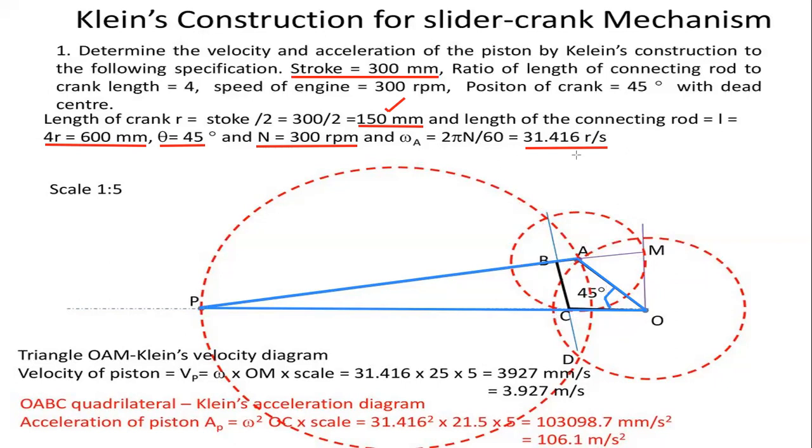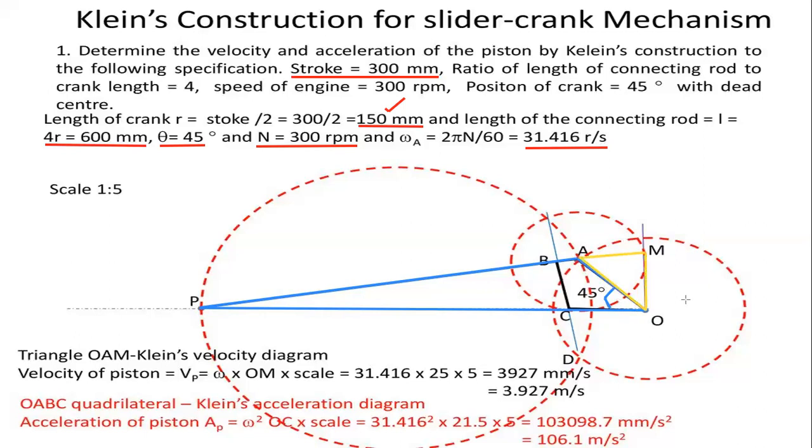Therefore, the angular velocity is obtained as 31.416 radians per second, and triangle OAM, this is the triangle OAM,